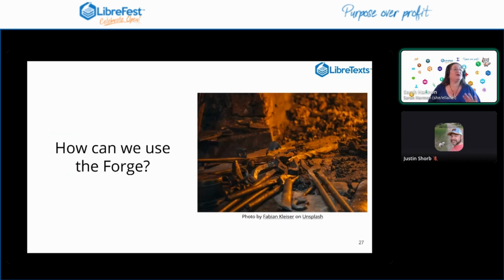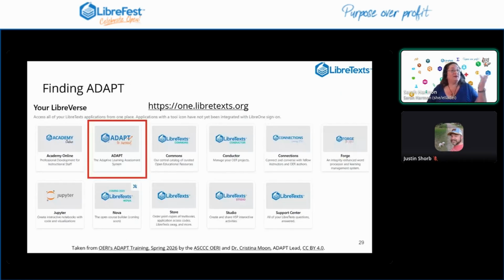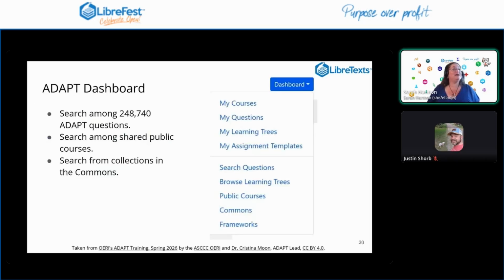So how can we best use the Forge? I'm going to go into this more in the afternoon, but again, it's part of Adapt. So you click the rocket ship, which will take you everywhere, and you go into Adapt, and then you can pull. There's already some Forge assignments in there, but what we're going to do this afternoon is I'm going to walk you through how to do it on your own, because honestly, I think for most people, that's going to be